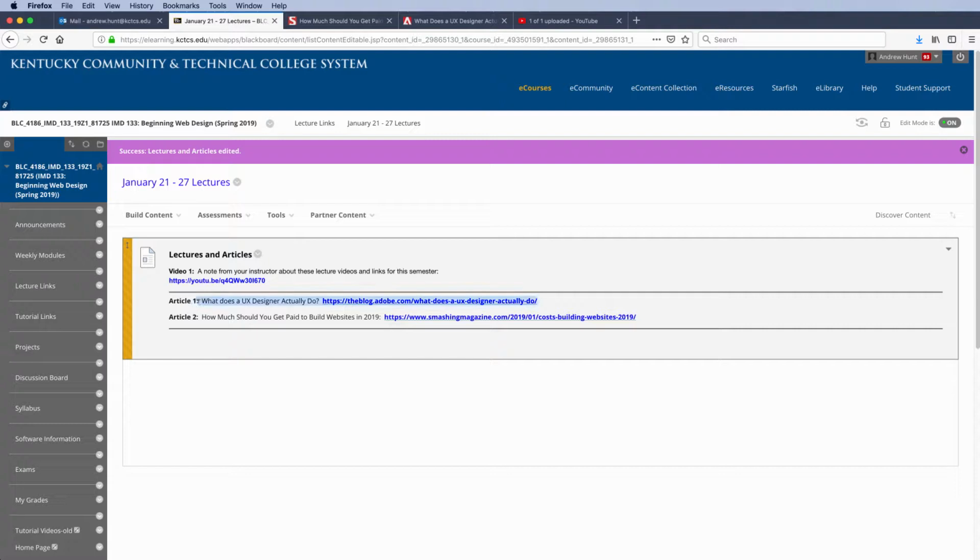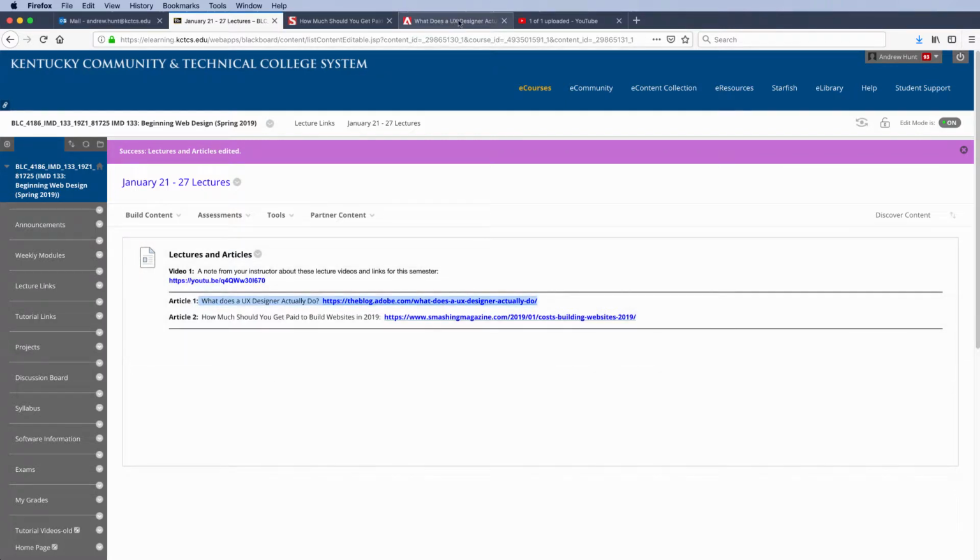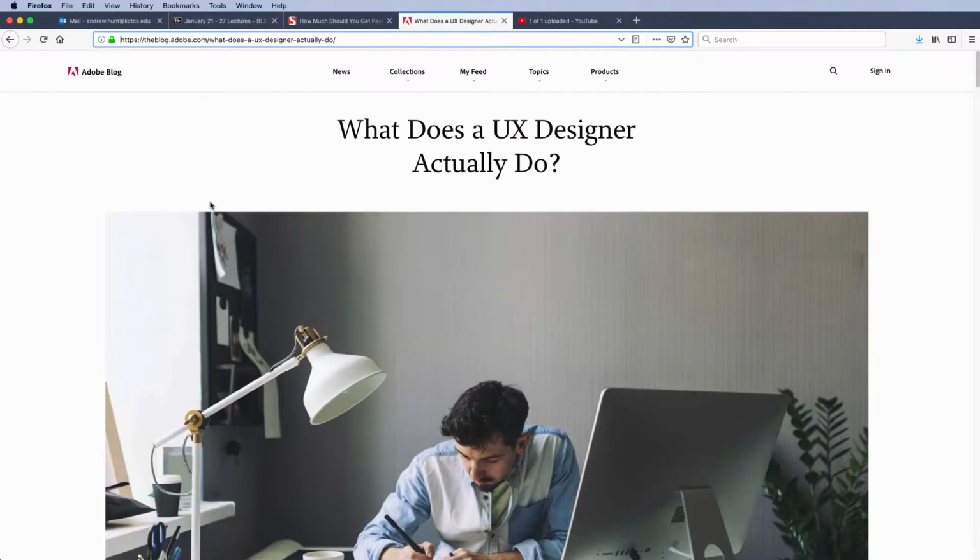The first one here is on UX designer, and that's a job that's been around for a while now. If you go to Indeed.com and search for UX designer, you'll find jobs on this. It's short for user experience, but it's a little confusing to differentiate what this is. It's something that you could go into or a skill that you could add on. There are a lot of tutorials and articles pertaining to UX designer. That's something that you should be aware of, so read about that if you haven't already heard about it.